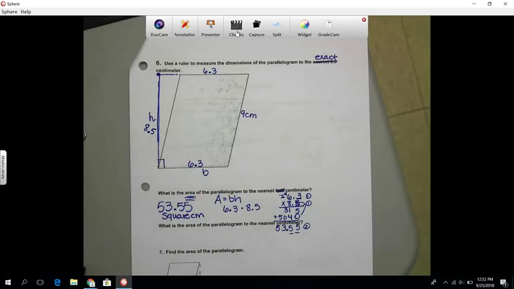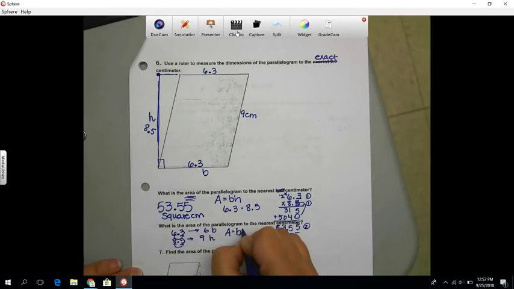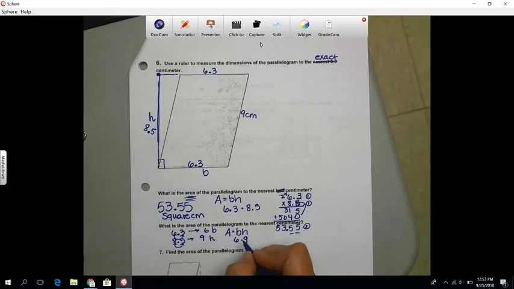Now, I want to round this to the nearest centimeter. So if I'm going to round this to the nearest centimeter, 6 3/10, I know if I round, the 3 makes my 6 stay the same of 6. If I round 8.5, I know my 5 makes my 8 go up to a 9. So now my base is 6 and my height is 9. So my area equals base times height. 6 times 9 is 54